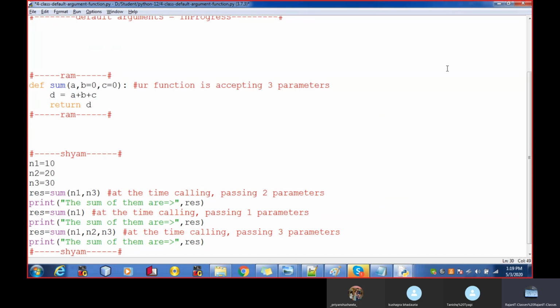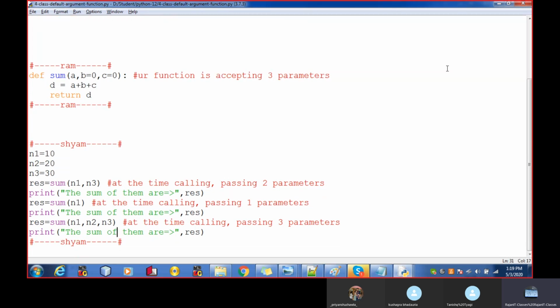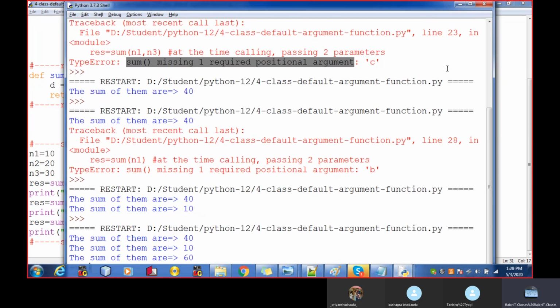Okay, I remember to pass the value to all the parameters. If I remember to pass the value to all the parameters, your 0 will be replaced by 20, and this C's 0 will be replaced by 30. Okay, now if I run it again, it takes 60.